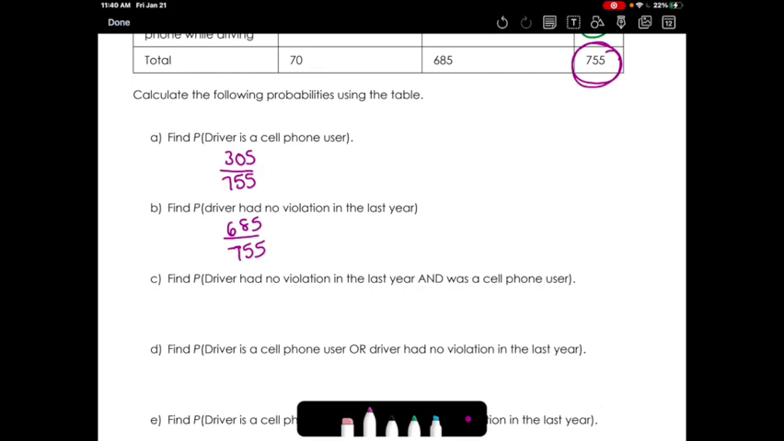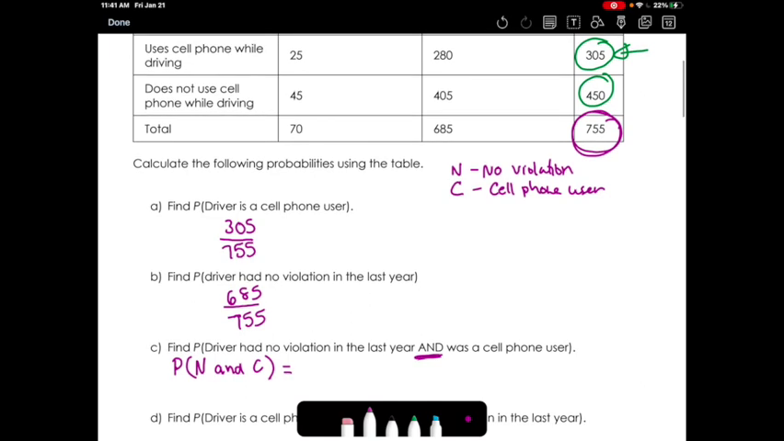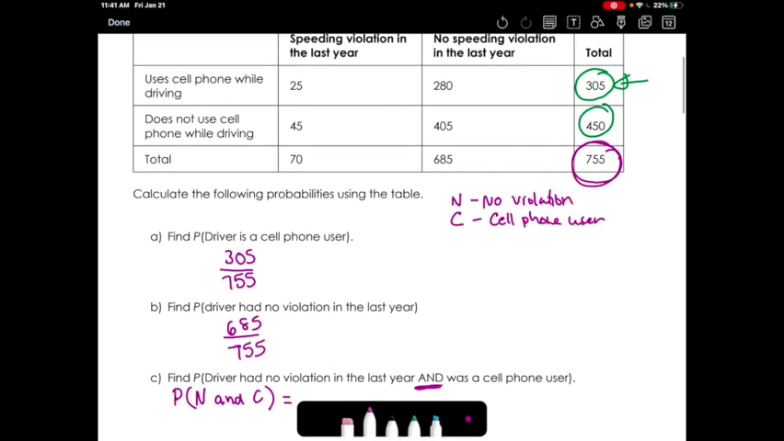Part C. Find the probability that a driver had no violation in the last year and was a cell phone user. So let me make a label of this. N was no violation, and I'll put C for cell phone user. So I want to find the probability that we have N and C. Now, because this is given to us in a table, it's very easy to identify what this value is